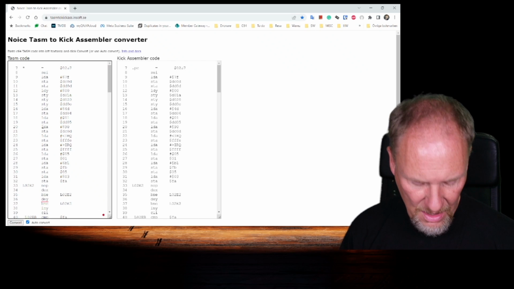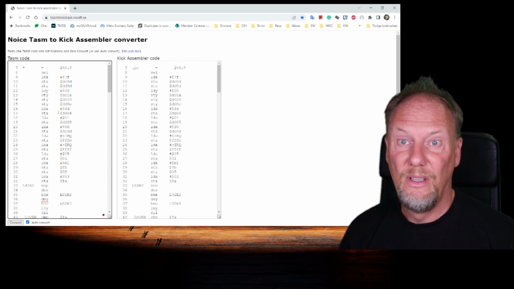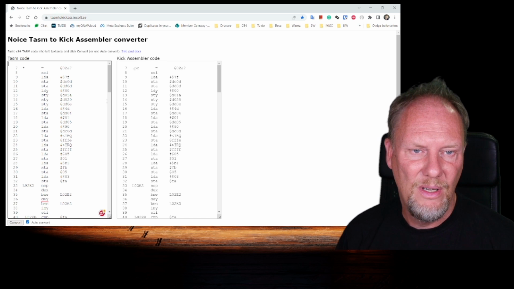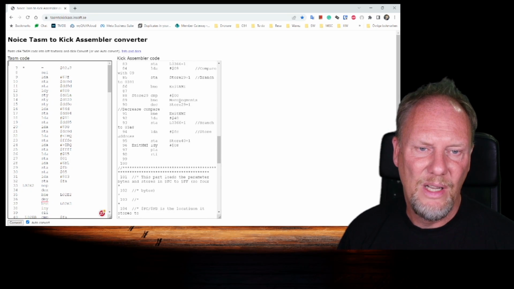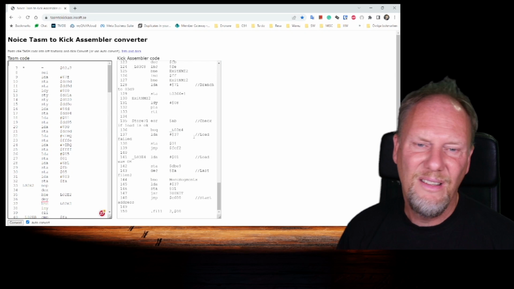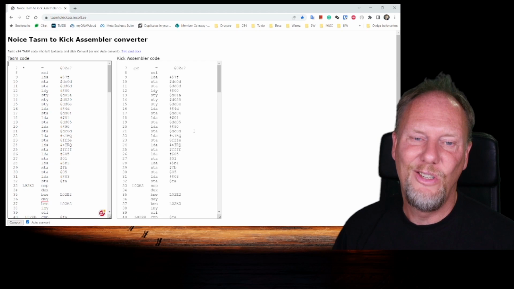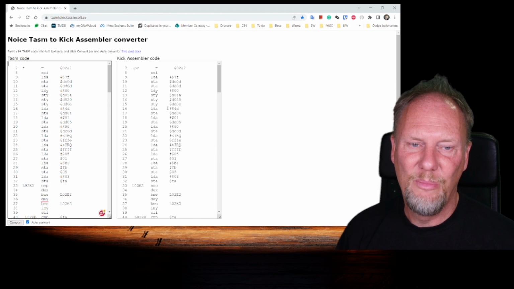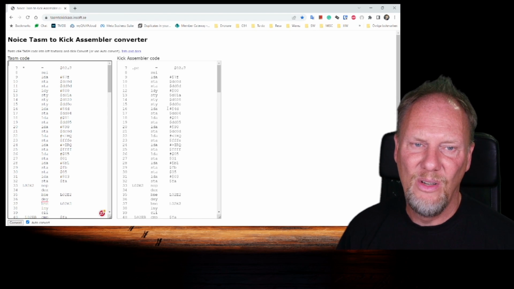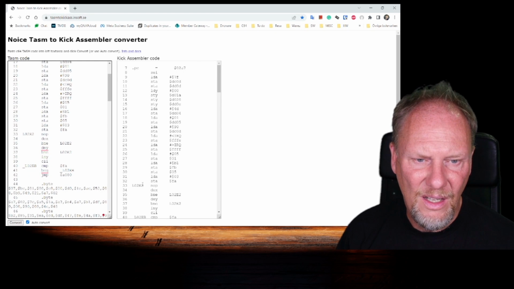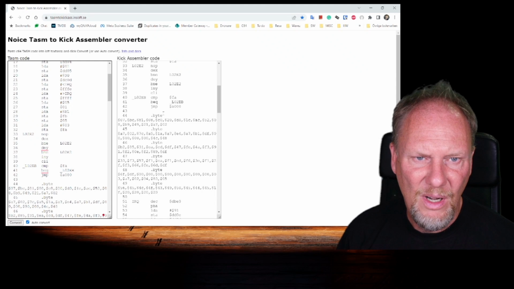So I just did a copy and Control V to insert the stuff that I just copied. And then this one generates the kick assembler code. It's not perfect. There are sort of issues with the kick assembler code, but it saves a lot of manual labor for setting the